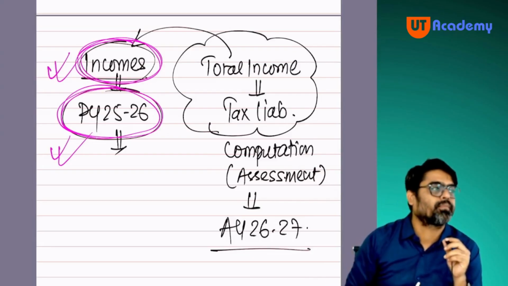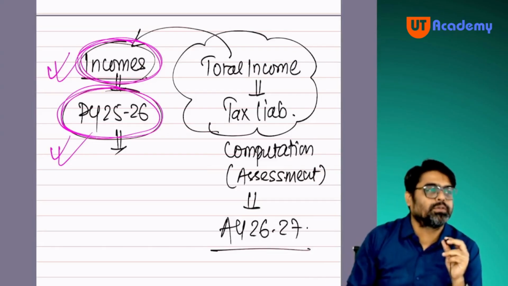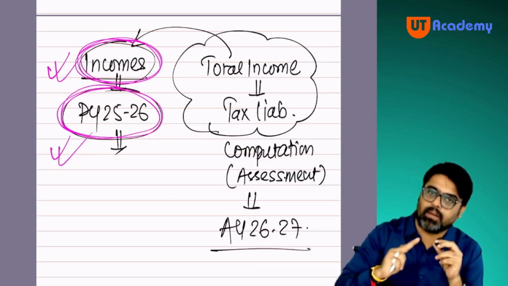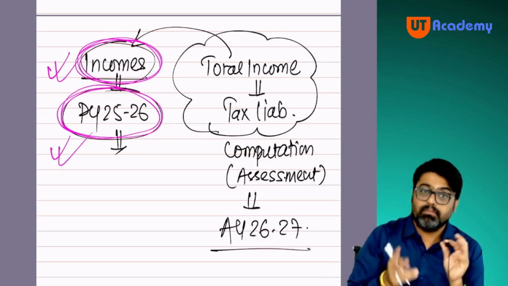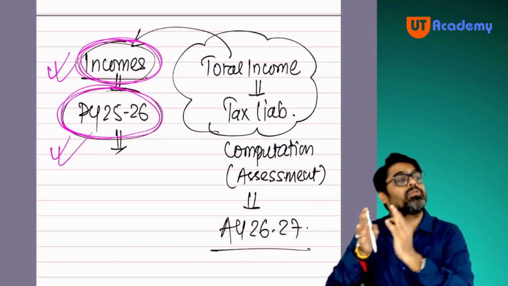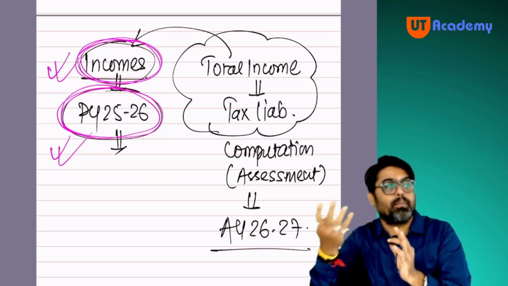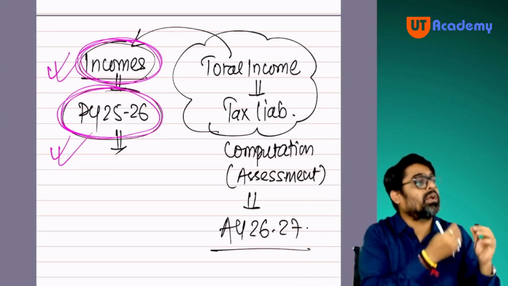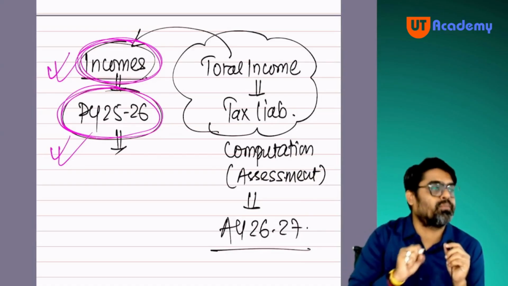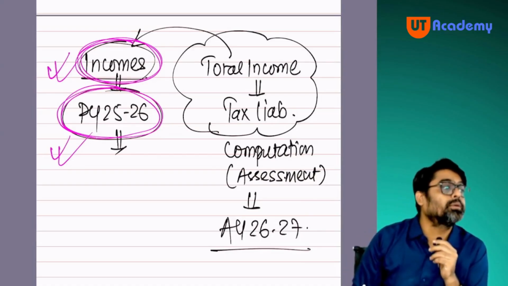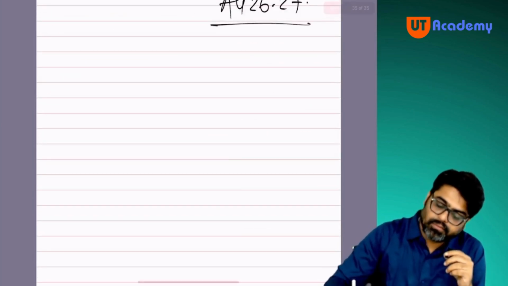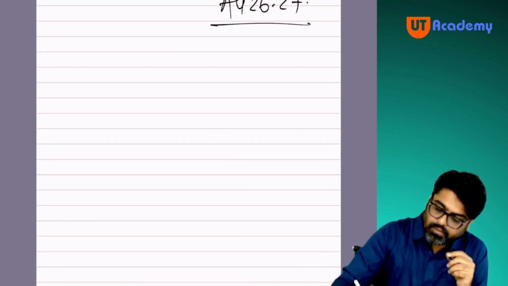Number 1, residential status. Number 2, nature of my income. Based on that, it will be decided that these incomes are going to come in the computation of my total income, and these incomes are not going to come in the computation of my total income. This is known as the scope of my total income. What do we call it? So, as per section 5,